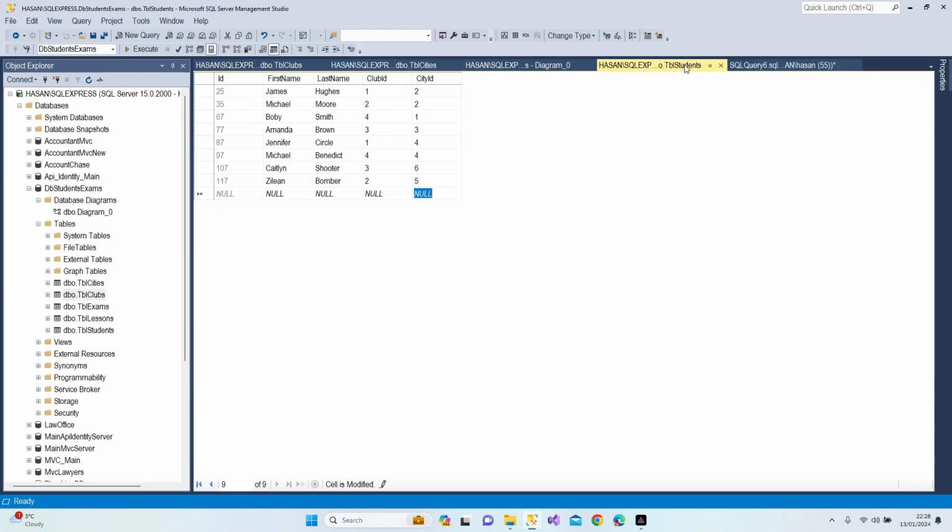Okay, let's come again to our students. Let's add our Rocky Balboa again. The club ID, let's say 3. The city, let's say, for example, 2. As you can see, we were able to add our data. And I would like to point out something different. Normally we are seeing IDs go up 10 by 10, but now we jumped by 20. Why is it happening? Because we tried to add and we failed, so we lost our